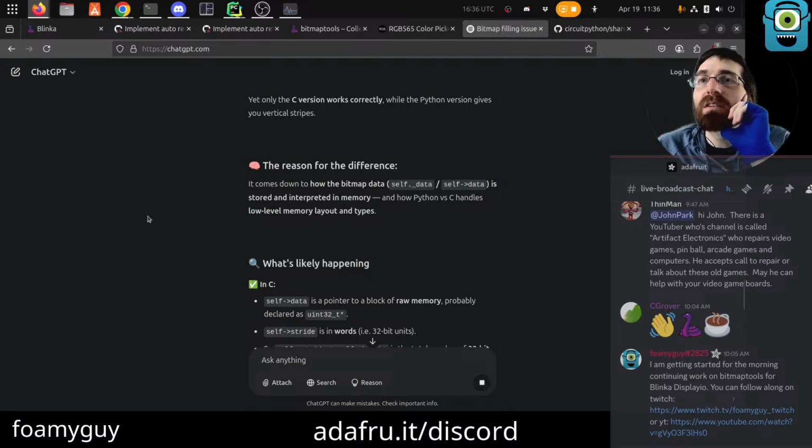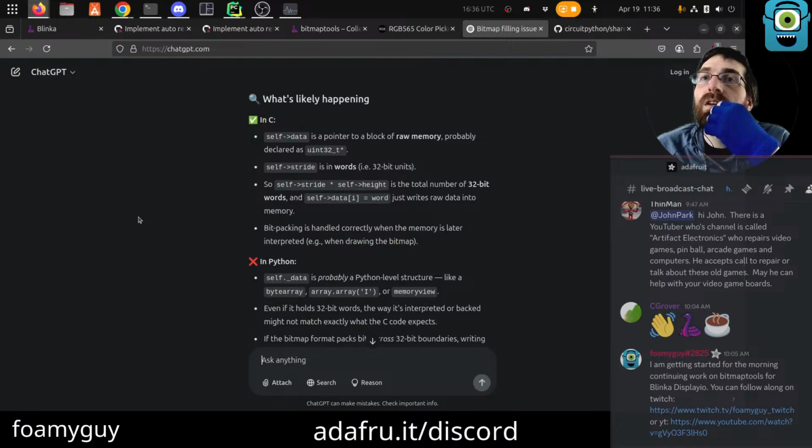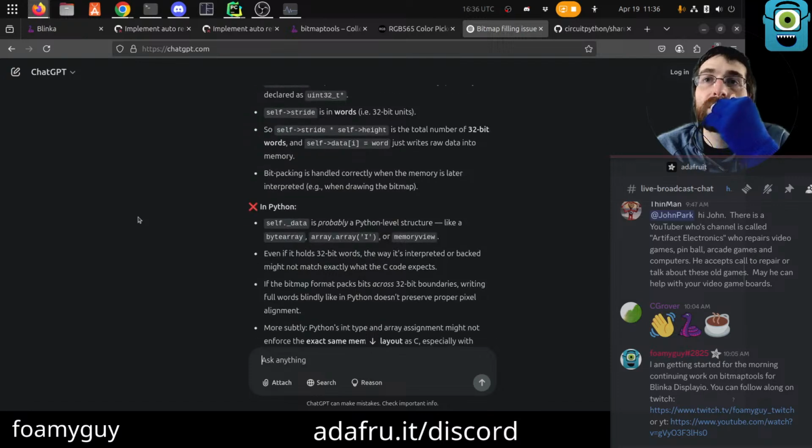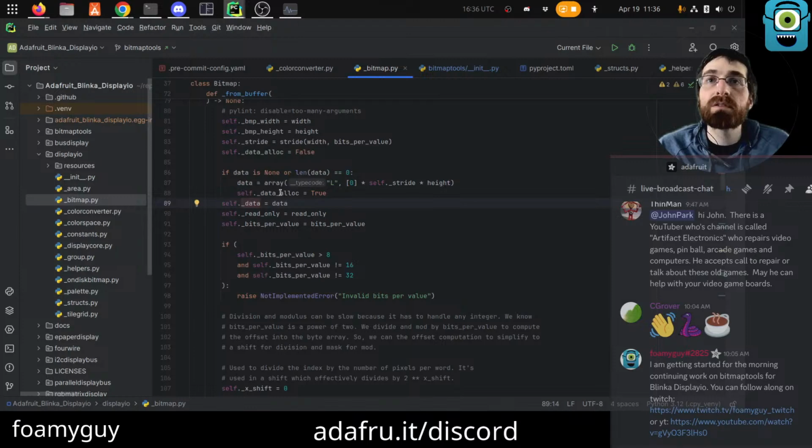How the bitmap data is stored and interpreted. Self.data is a pointer to a block of raw memory. Self.stride is in words. Self.stride times height is the total number of 32-bit words. Data writes data into memory. Bit packing is handled correctly when the memory is later interpreted. In Python, self.data is probably a Python level structure like a byte array, memory view, or whatever. Validate that while we're